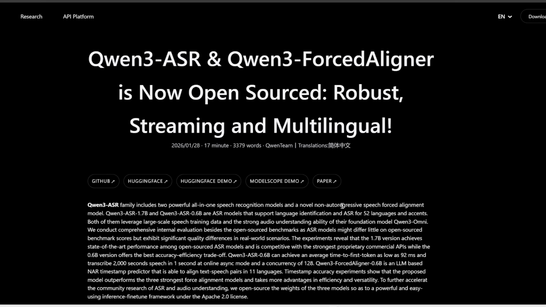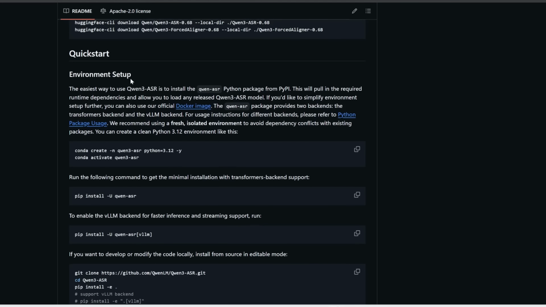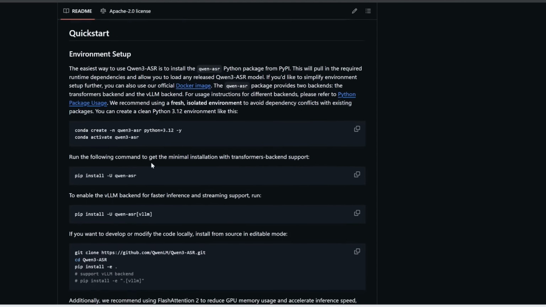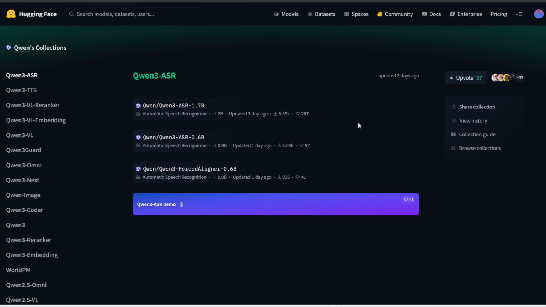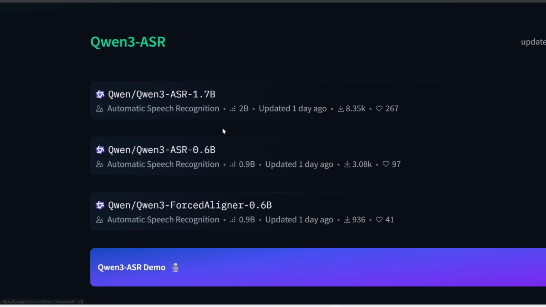Now, the awesome thing is they've released everything already. So at the top of the page, if you click on this GitHub repo and you scroll down a bit, here it contains all the instructions on how to download and run this locally on your computer. Plus, if you click on this Hugging Face link, note that this is very lightweight, so they've released 2 different